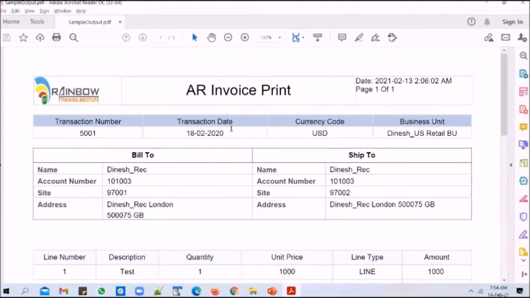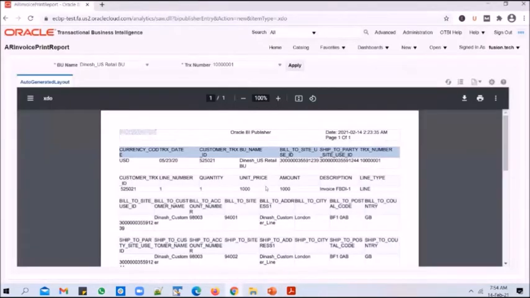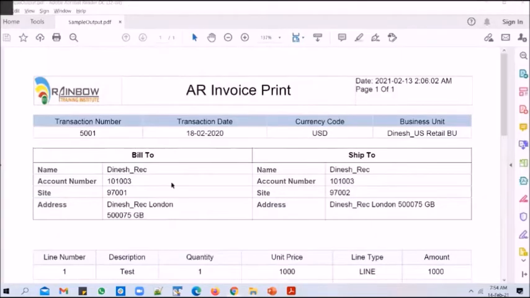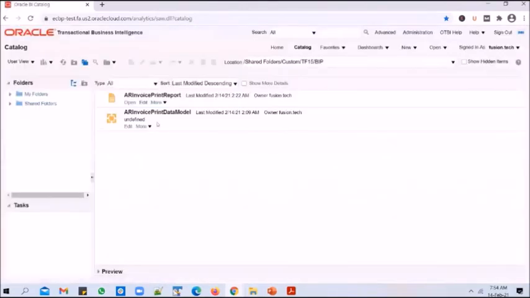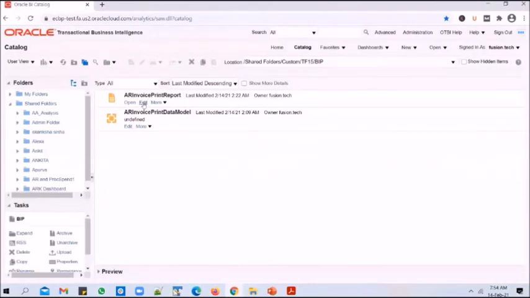Client is looking for an output like this, but the output is generated like this. So we need to edit this RTF document so that it generates an output like this. So how do we do it? Go back. And you can edit the report.